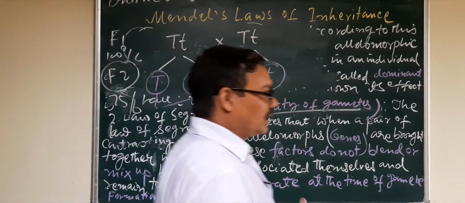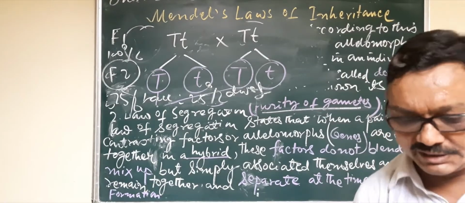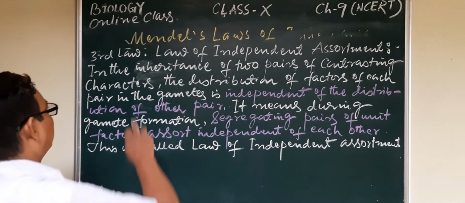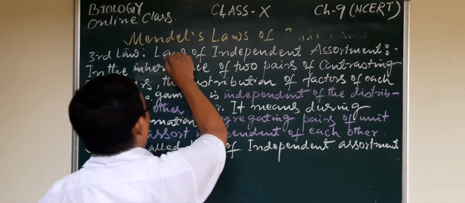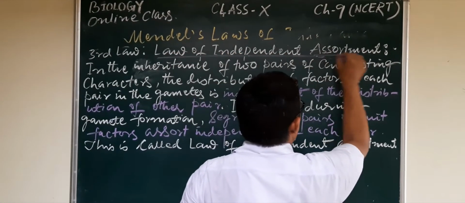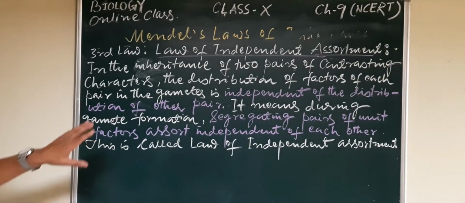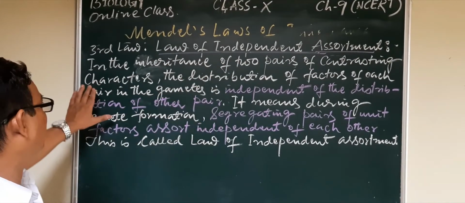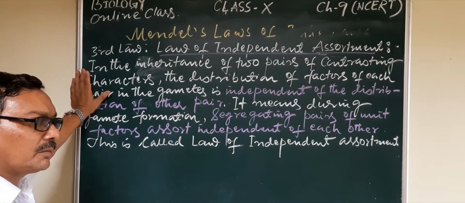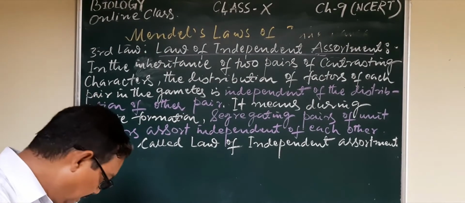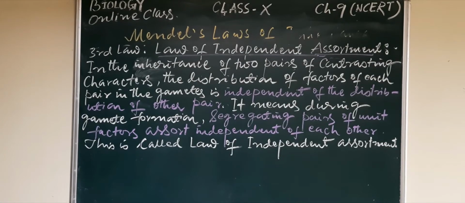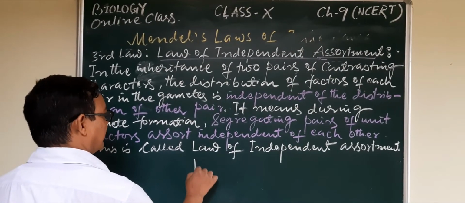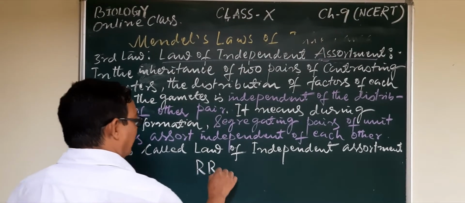Monohybrid experiment. Now look about the third law, that is known as the law of independent assortment. This is the third law of Mendel's law of independent assortment. Here look carefully in the inheritance of two pairs of contrasting characters. In the dihybrid cross we have seen the characters which are inherited, we have selected from the two pairs, like we are talking about the round and yellow,